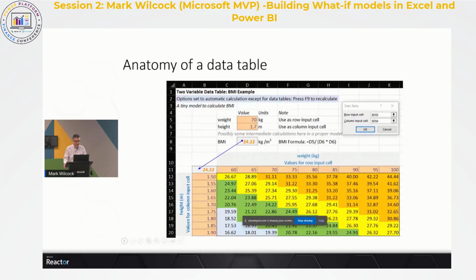And so the good thing about a data table, though, is that we can have very, very complicated formulas, very, very complicated models. I've chosen a simple one, and it will just work as well. So where it says possibly some intermediate calculations here, there would be a lot of stuff there. So we set up just a sample case, somebody with a weight of 70 and a height of 1.7 meters, and we go through the model, and it gives that result cell of 24.22,